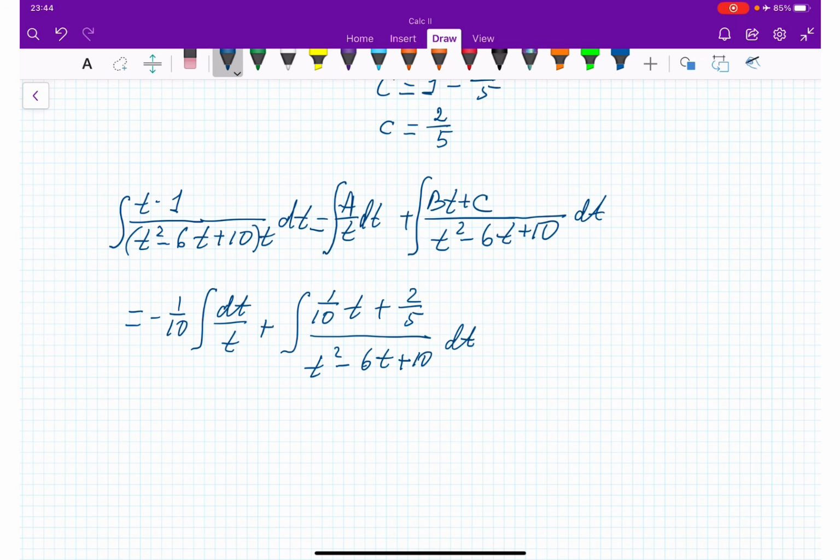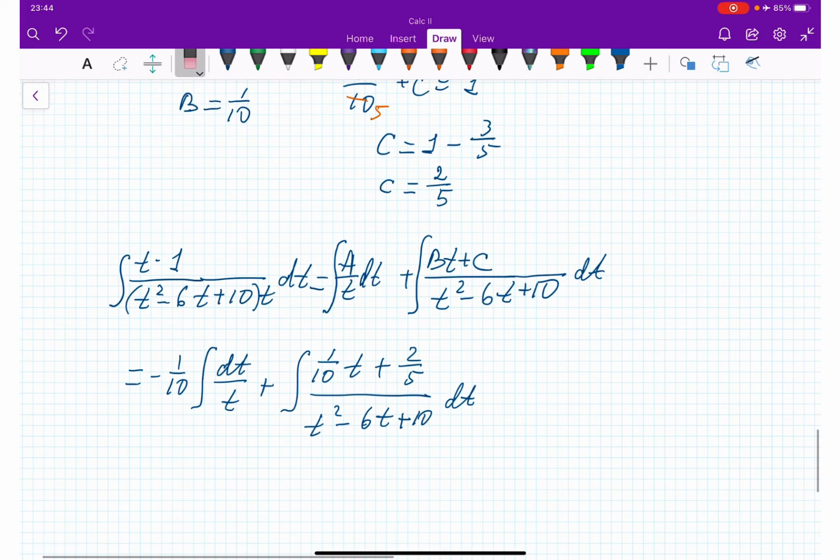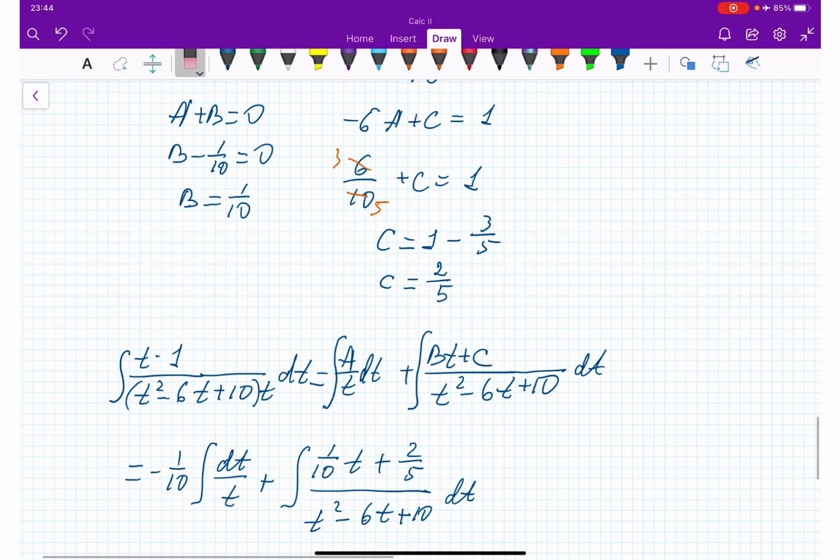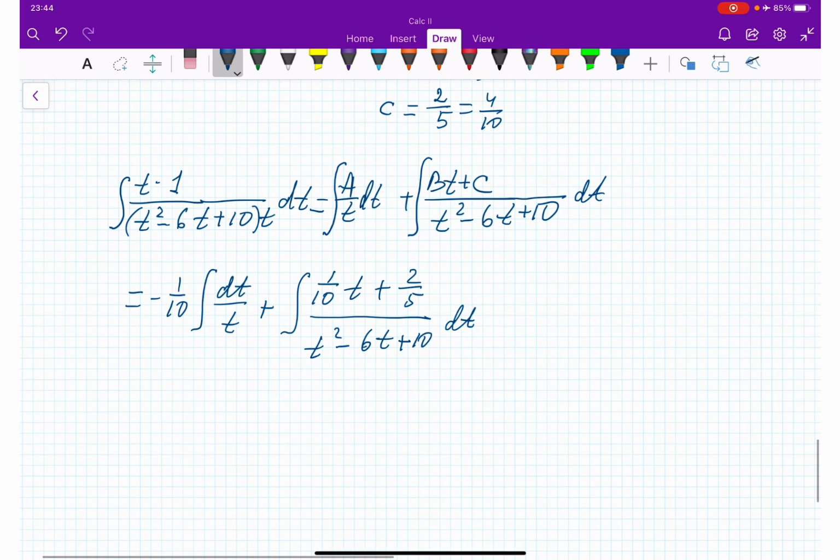So instead of 2/5, I would like to keep it 4/10, right? Multiply by 2 here. If I wouldn't cancel 6/10, I would have 4/10, which is the same thing, right? So if I would have 4/10,